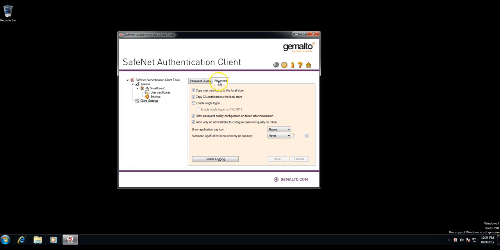Okay. If I go to the advanced tab, I'm able to see what other features are available for the certificate. In this case, you can copy user certificates to the local store, copy from the CA certificates to the local store, and a host of other features. We could walk through this and discuss further through our professional services what capabilities you'd like and what you'd like to use. Okay,